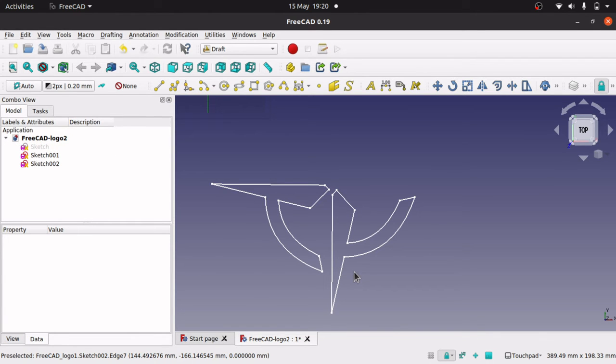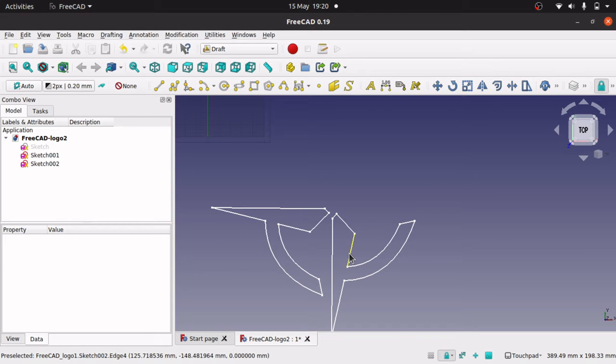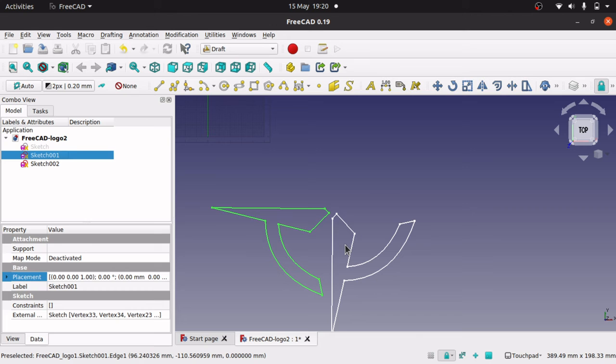Now what sometimes happens when you do this is this will snap back after the rotate and the move, and I was actually expecting that to happen. Sometimes FreeCAD won't allow you to make a copy of these,